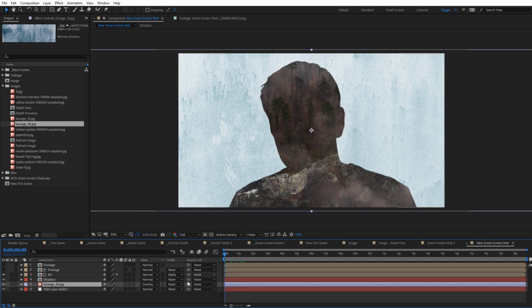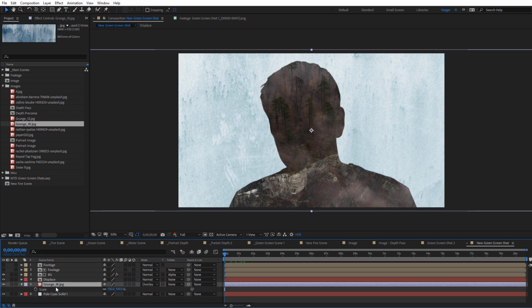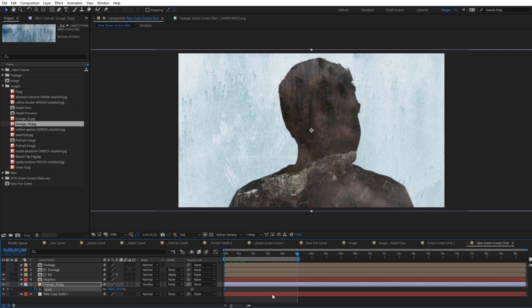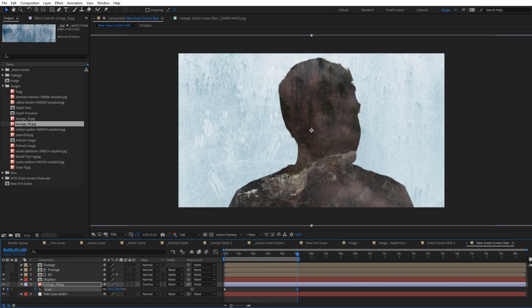And if you really want to, you could also scale this, so I could add some different things animating at the same time. So with the grunge texture here, I'm going to hit S on the keyboard for scale, and I'll just move down here about 5 seconds or so, and we'll go ahead and scale this up a little bit, just add some movement. And we can do the same thing on our background.